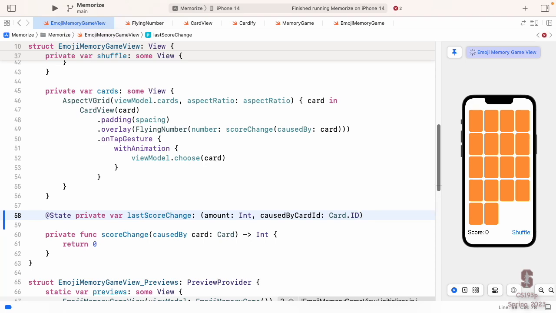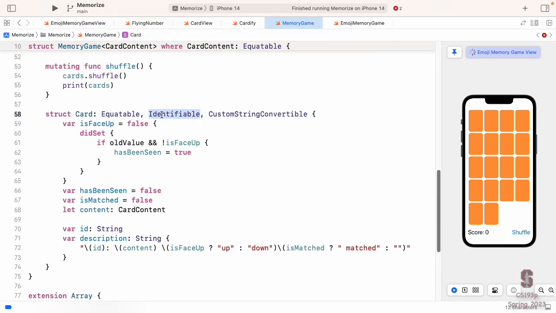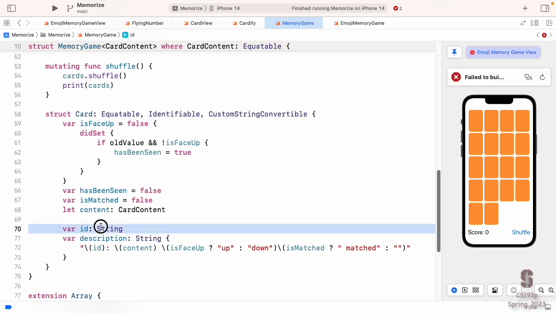Now, why am I using Card.ID, and what is Card.ID? This is the don't care from the Identifiable protocol. If we go back and look in our model at Card, it implements Identifiable. It conforms to the Identifiable protocol, and we know that because it's got its little ID down here, string.